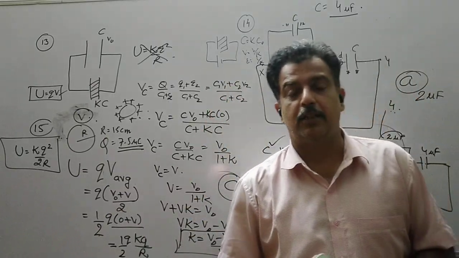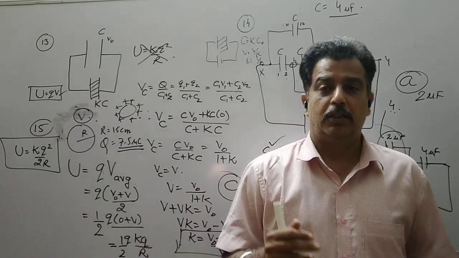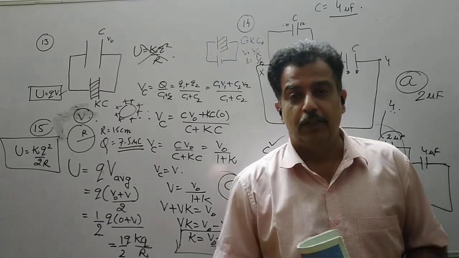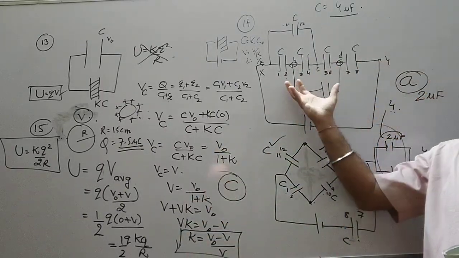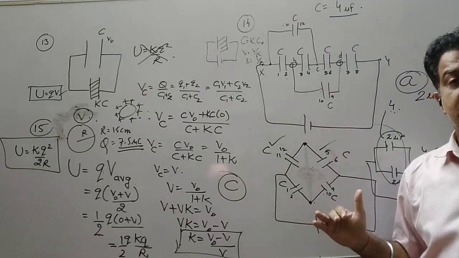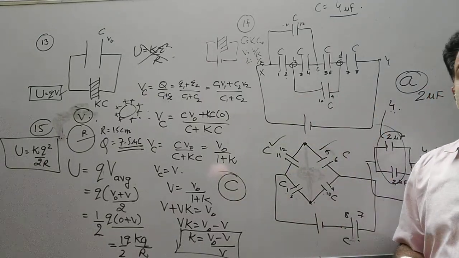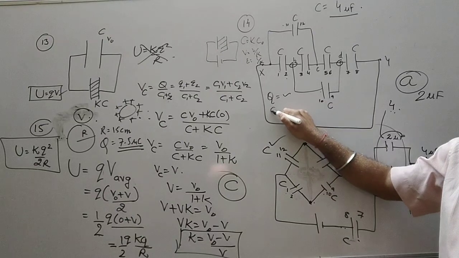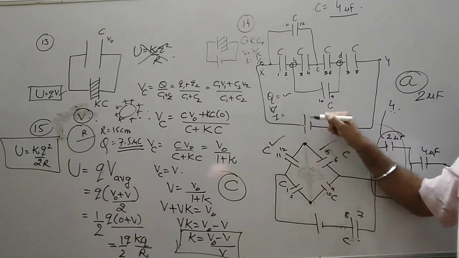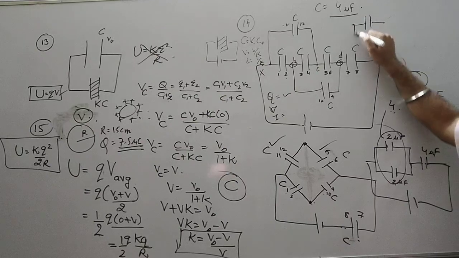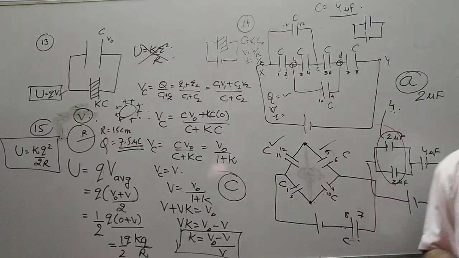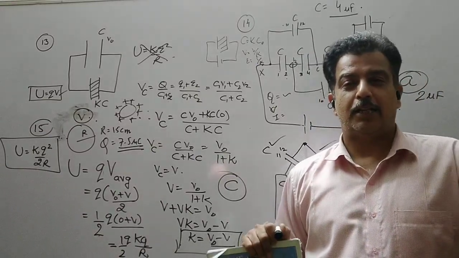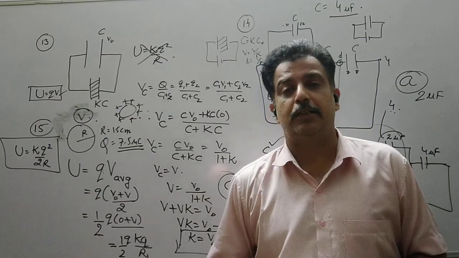Now in the coming lectures, we have capacitor numericals or MCQs of level 2. Level 2 consists of the concept that the capacitor takes time for charging and discharging. At that time, we will see the equation of Q, the equation of V, and the equation of I. When I connect a capacitor with a battery, it takes some time for charging. So we can find out the time in which this capacitor gets charged or discharged, the rate at which the capacitor gets charged or discharged.